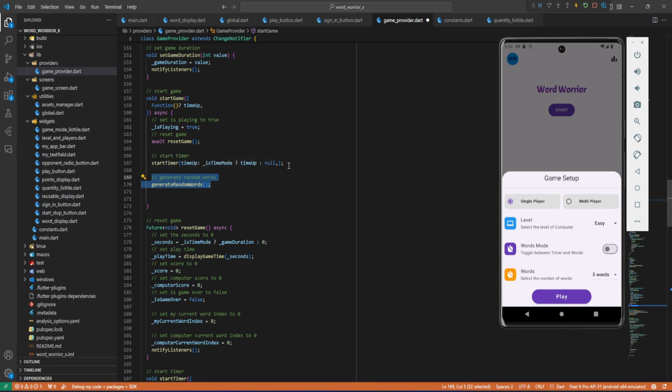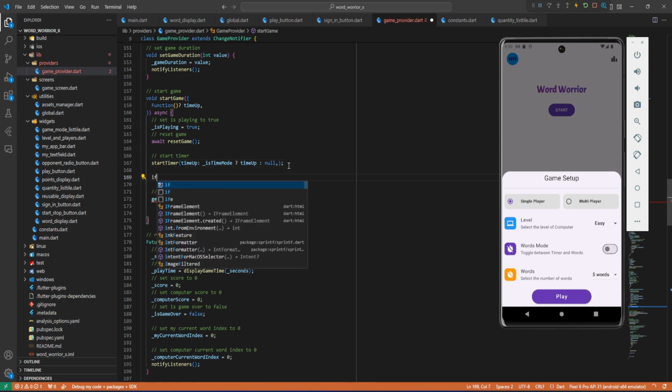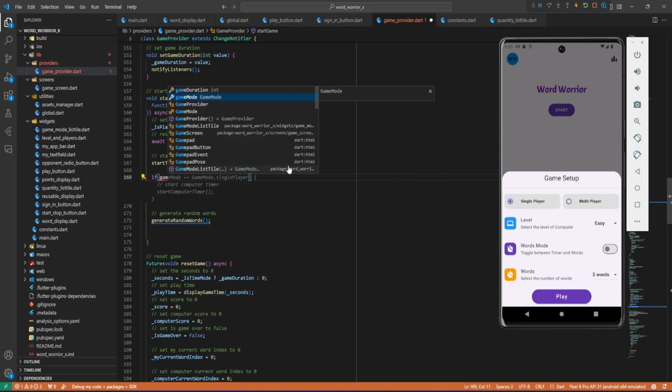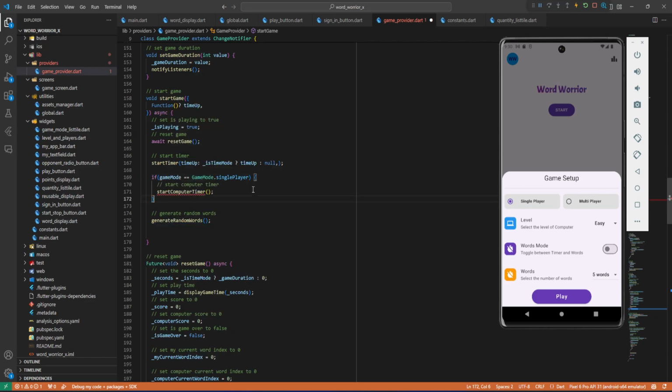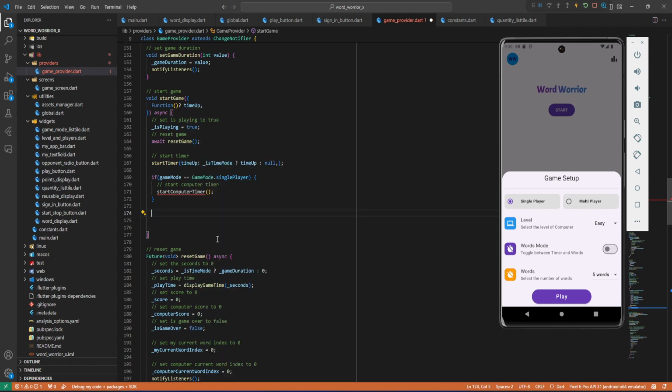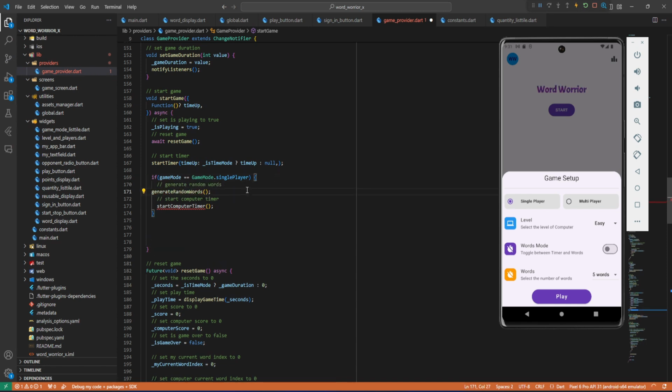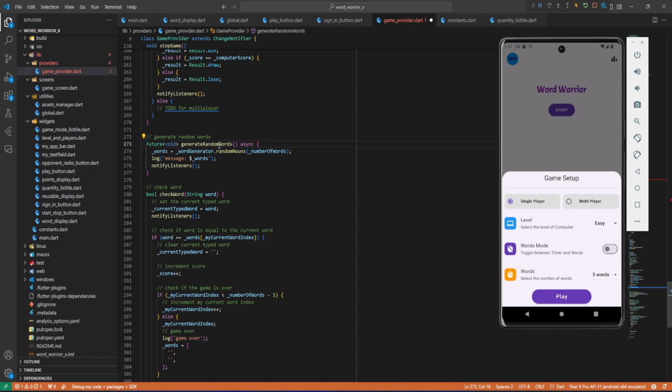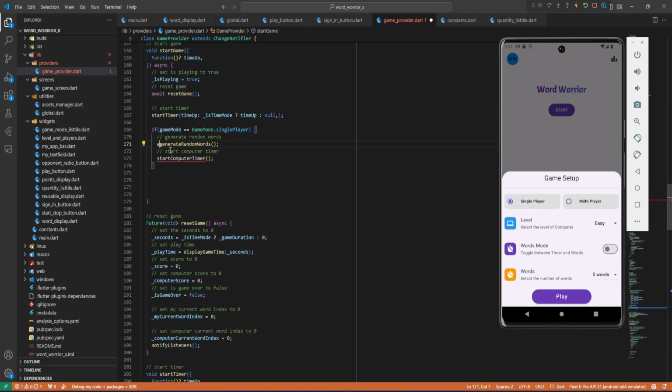So here we check if game mode is equal to single player, and then that's when we are going to generate. So let's cut this, and here we have to generate the random words. Let's go to this method, and it's already a future here. Let's just await